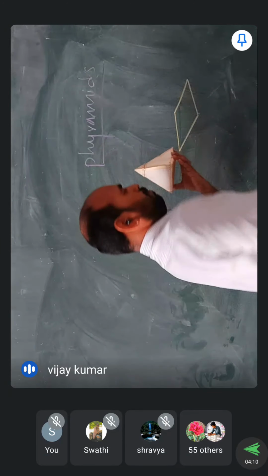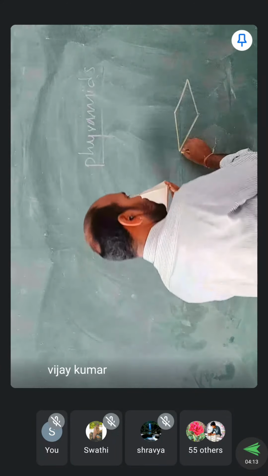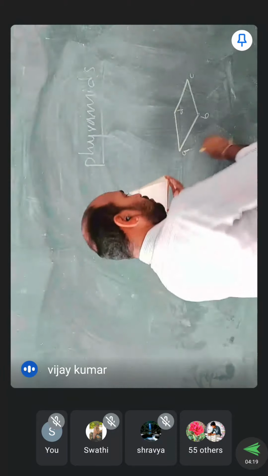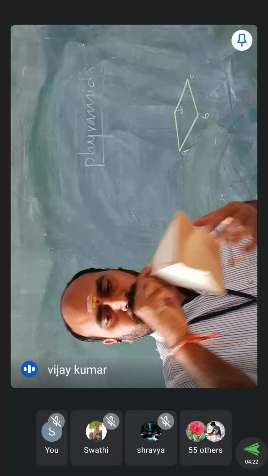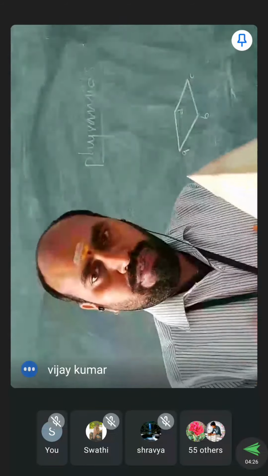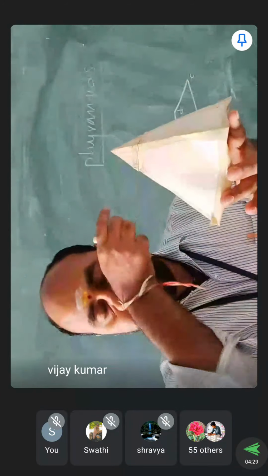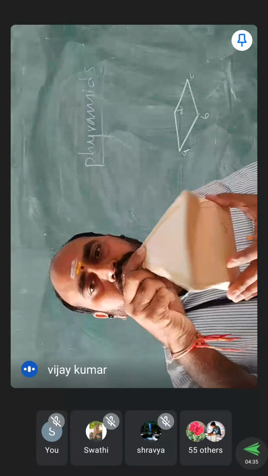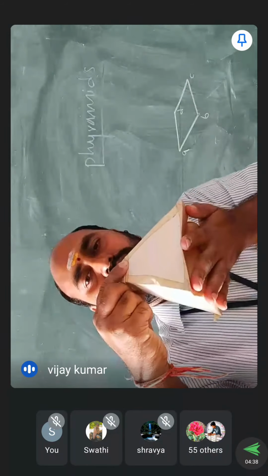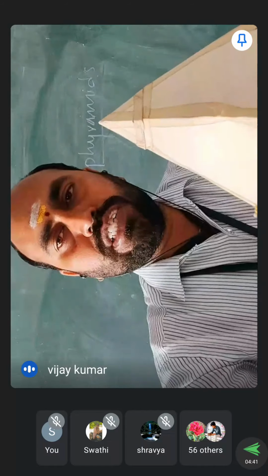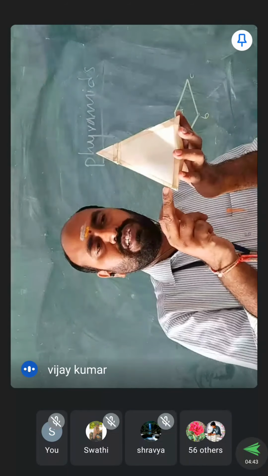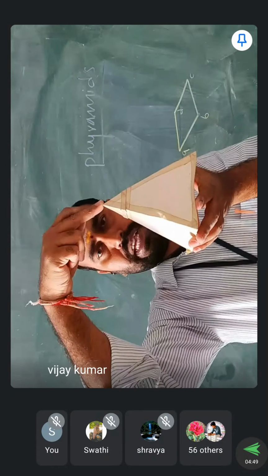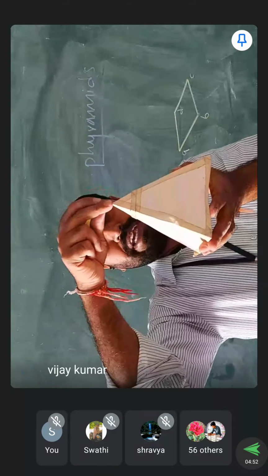So this is the base. The base is represented with A, B, C, D. In a prism, the top face is there and the bottom face is there, so both planes are required to represent the solid of a prism. But in the case of a pyramid, only one base is there, so there is no top face. All the isosceles triangles joining the base to a particular topmost point meet at an apex. This top point is called an apex, right?